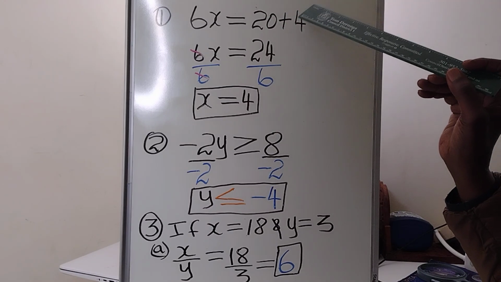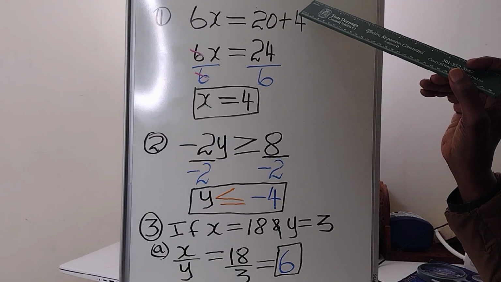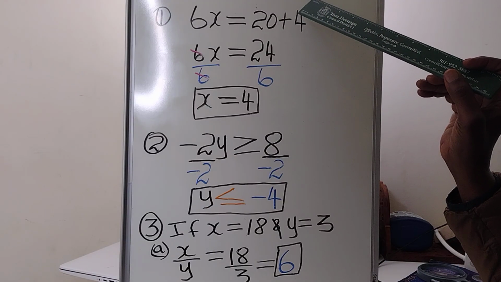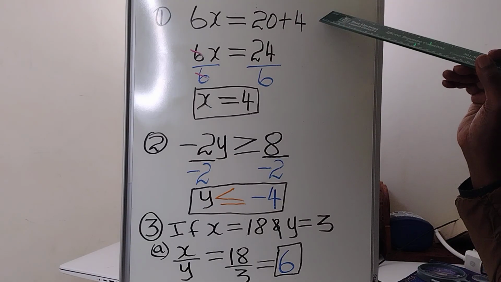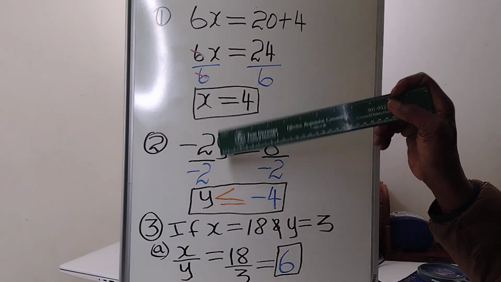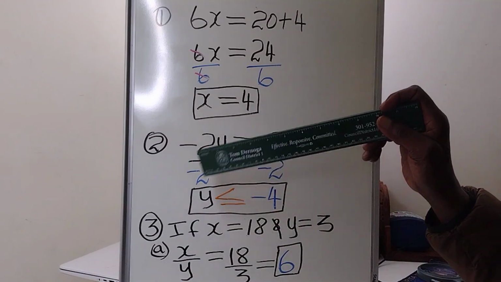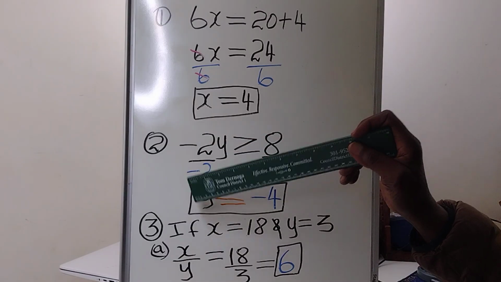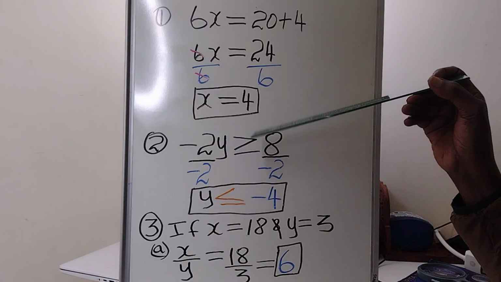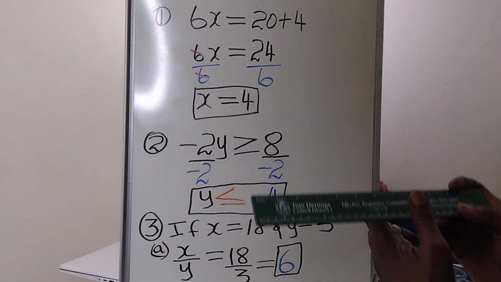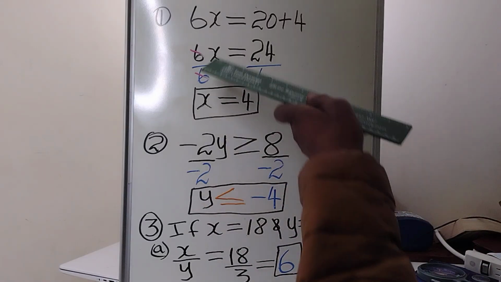The topic of today is that we have to solve for x and y. When you see y's, you have to isolate x, or you have to isolate y. So now the first question we are having here is that